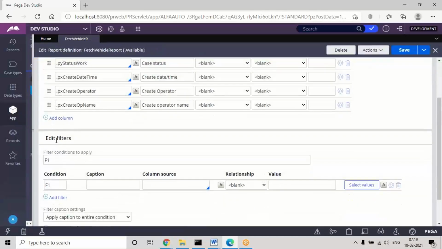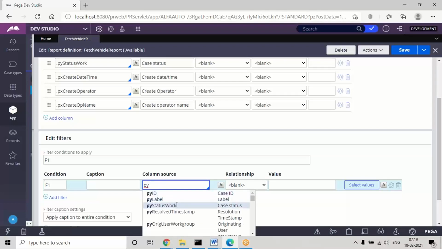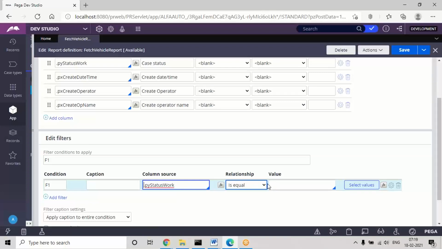Now, in order to apply those filter conditions, all the relationship condition options are available. We just need to map the required condition based on your purpose. So here we just need to choose the column source and fill the conditions here. The condition requirement is pyStatusWork, so we are going to first define pyStatusWork equal to, and you'll automatically get this equal to.